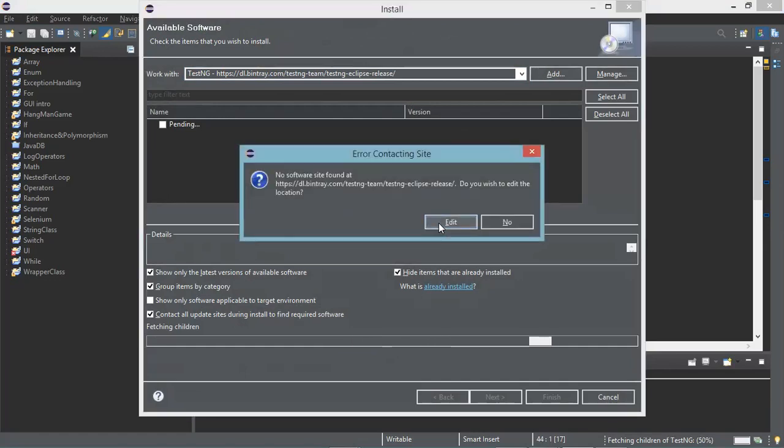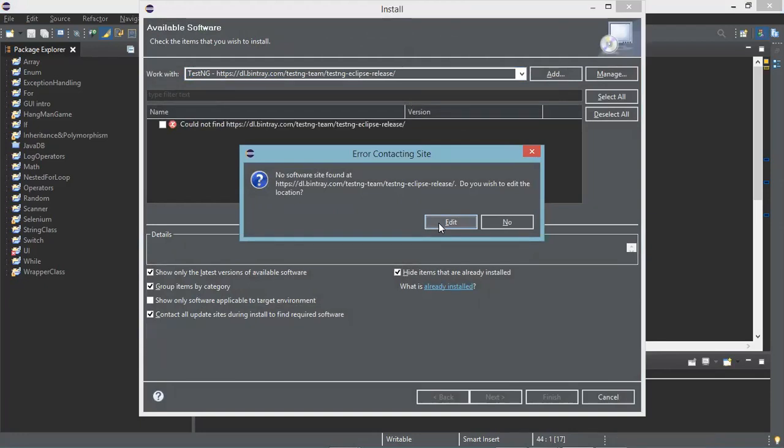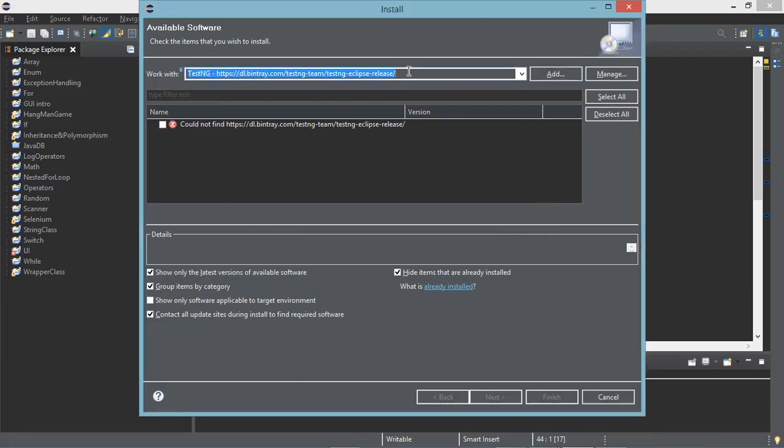No software site found. Why is the dot coming again in this? We have removed it, right? Again, it is pointing to that. Okay, say no. Give a dot and see.